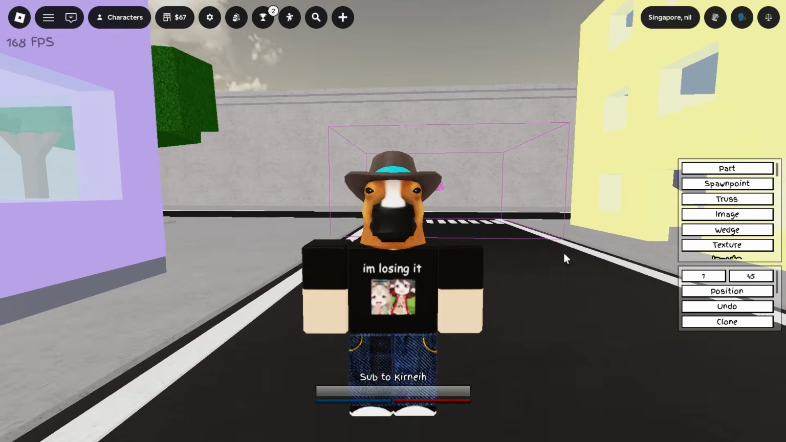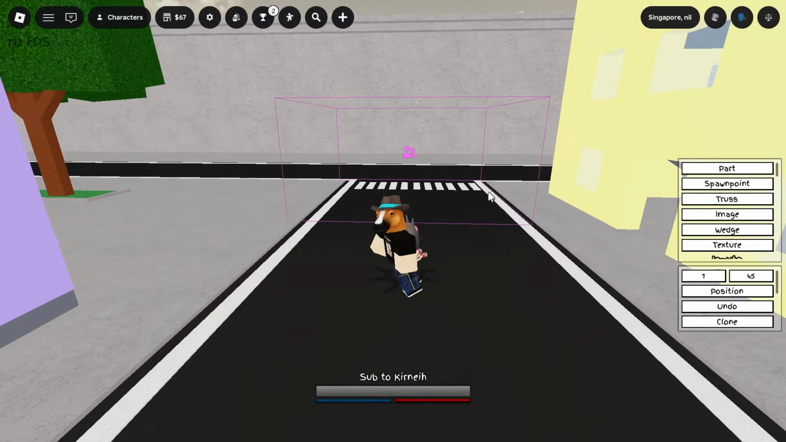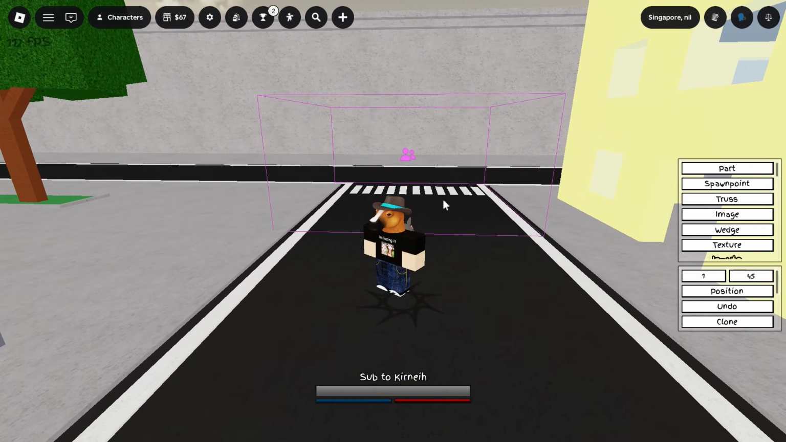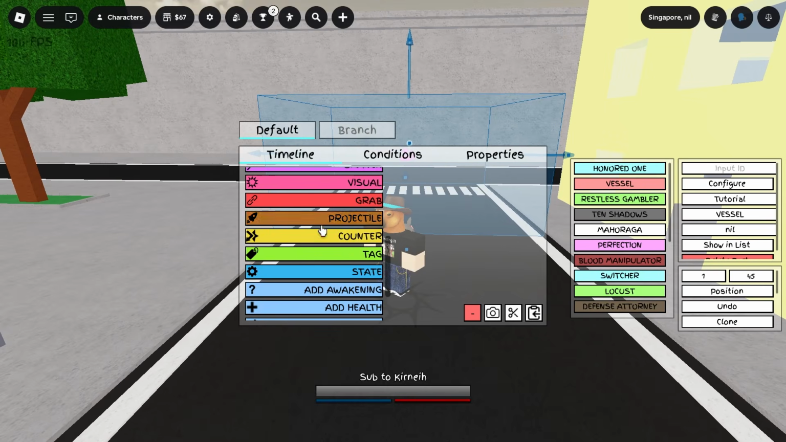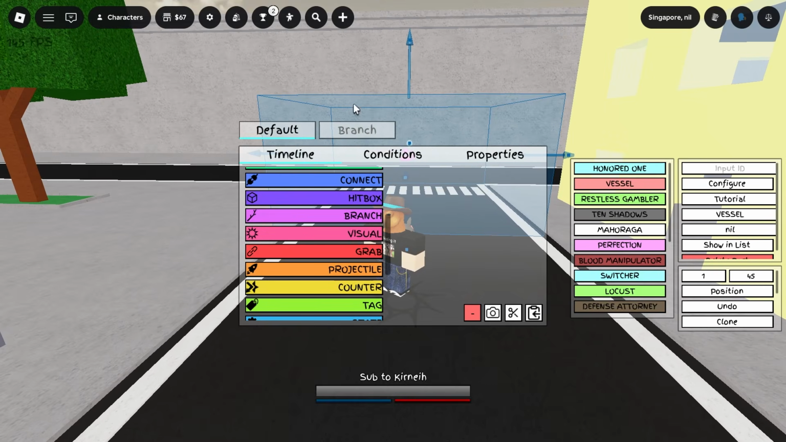I'm gonna teach you guys how to make a dual moveset system in JJS. So without further ado, let's get into it. Get into your character block, and then either add a skill or a special. For this one I'm gonna use a special. Inside your skill or special block, we're gonna add two branches. You can name them whatever you want, but for the sake of this video, I'm just gonna use 1 and